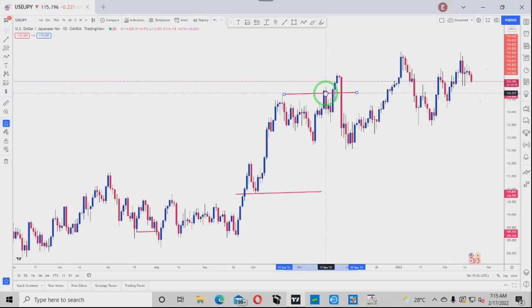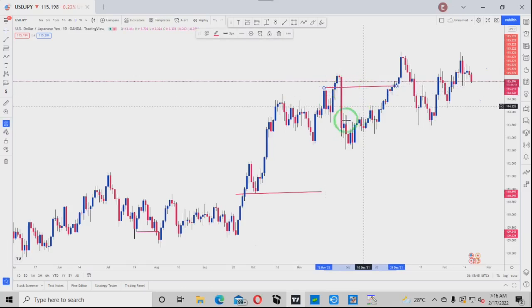Once a higher high has been created, you move your horizontal line to that high. That is your new higher high now. Where is your new low? Now, this is the low that had the power, not this one. Not this one, guys. This is the low that had the strength to break this previous high here. So this is your new low.